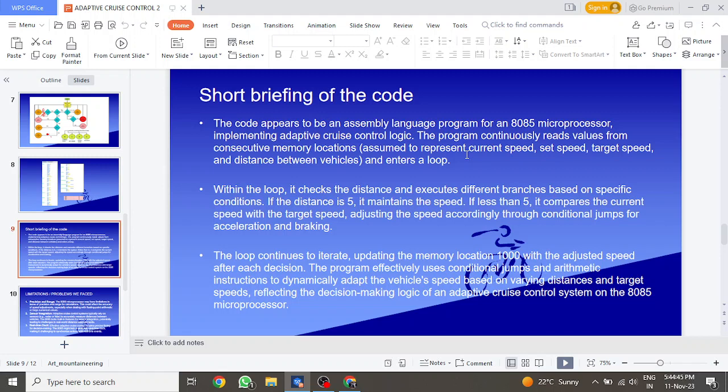Within the loop, it checks the distance and executes different branches based on specific conditions. Inside the loop it checks the distance, as we told you: if distance is less, then it will decrease the speed. If distance is more, it will accelerate a little bit. If the distance is 5, it maintains speed. Less than 5, it compares the current speed with the target speed, adjusting the speed accordingly through conditional jumps for